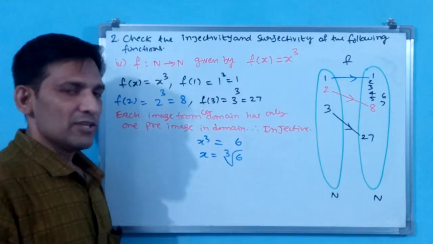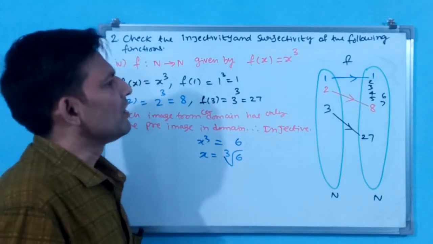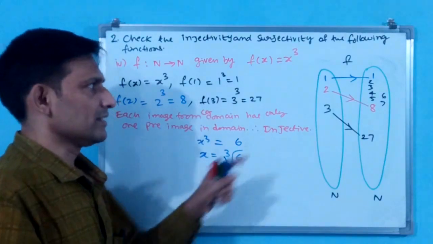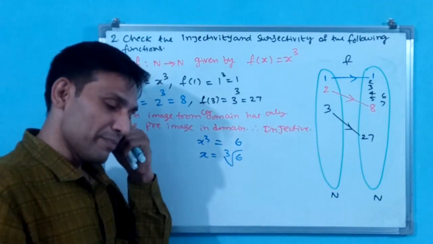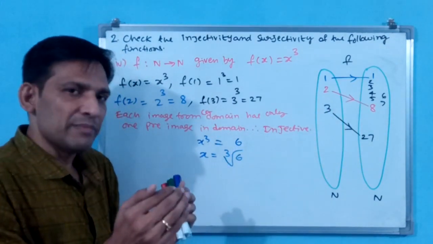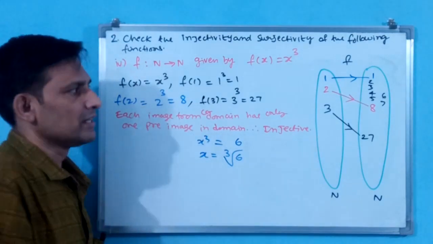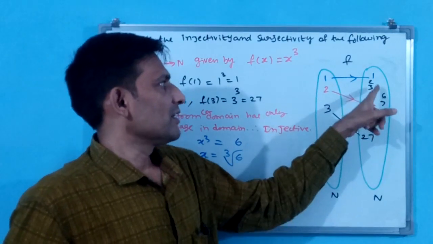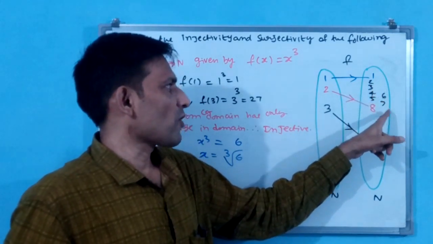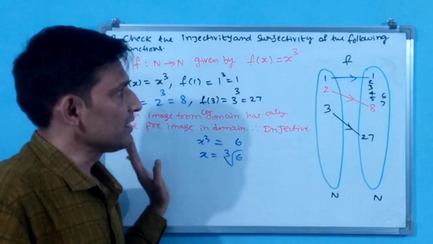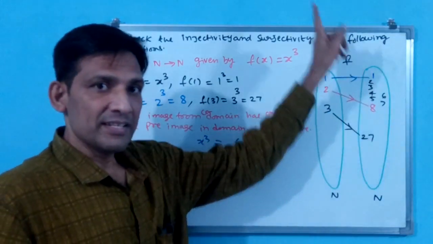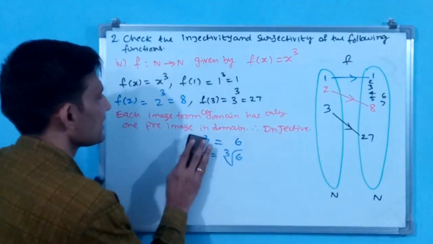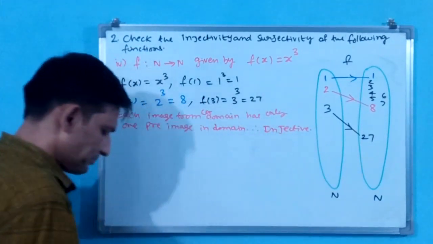We can say no relation. No relation for 6. Okay, don't write pre-image or image. Why? Because when image and pre-image have a relation, then only we have to write. Okay, we don't have any relation for elements 2, 3, 4, 5, 6, 7, etc. That is why this is non-surjective. Like that we have to write. That's all. Okay. Let us write.